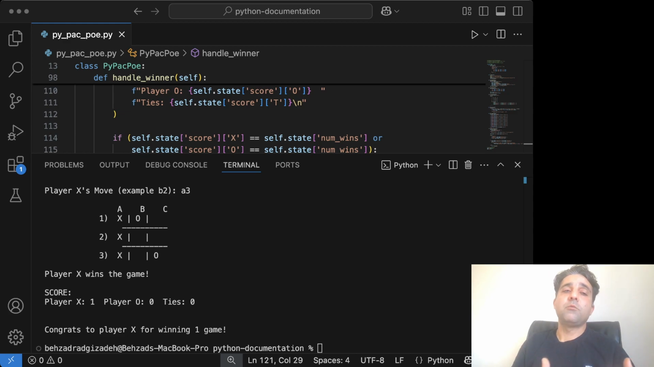So this is the logic. We can use the same logic to make it better and more user friendly, and we can do a lot. But the most important thing is that we need to learn the logic. That's why I wanted to walk through this code. It is your very own PyPacPoe game in Python, fully playable right inside your terminal. We didn't just make a game, we wanted to learn object-oriented programming. We wanted to work with dictionaries, write clean modular code using loops and conditional expressions, and even handle user input